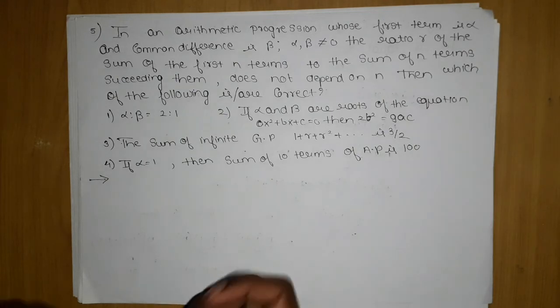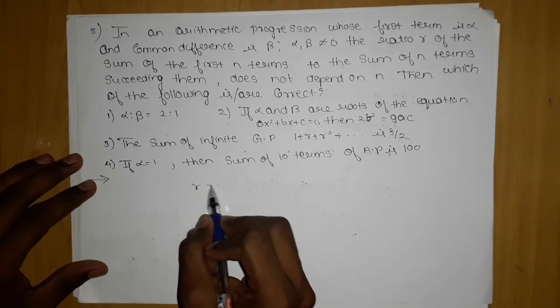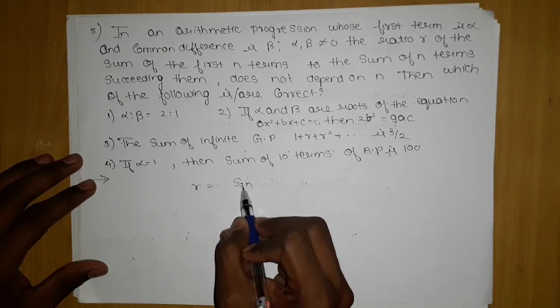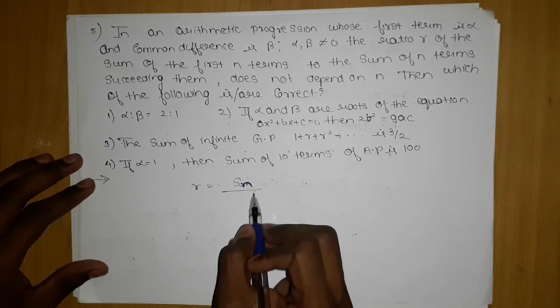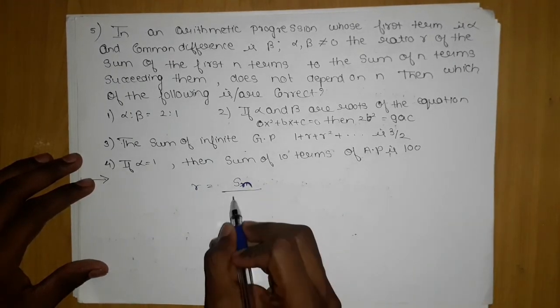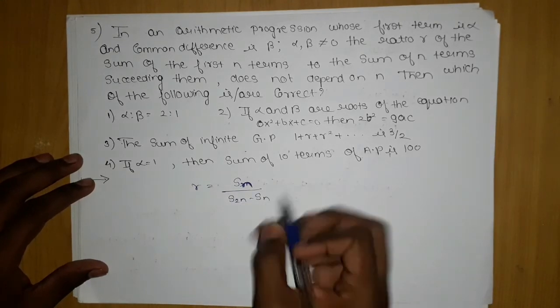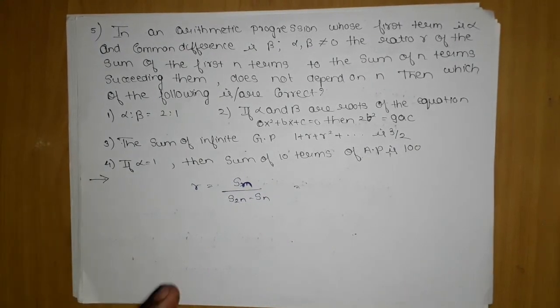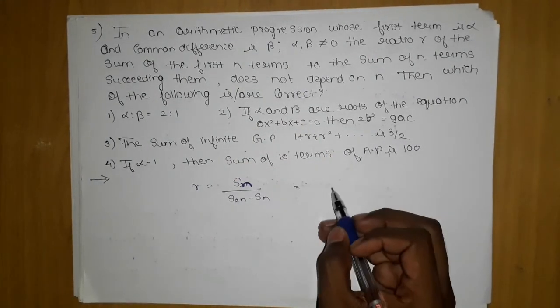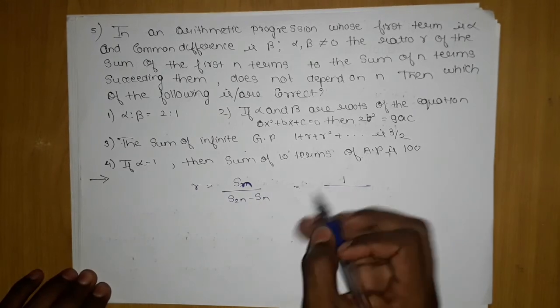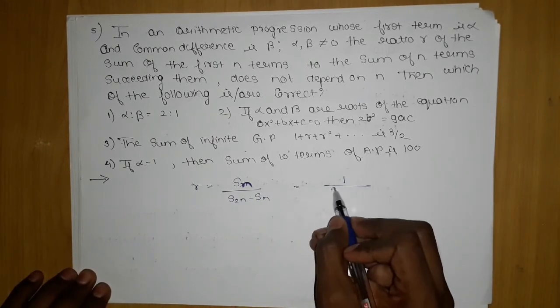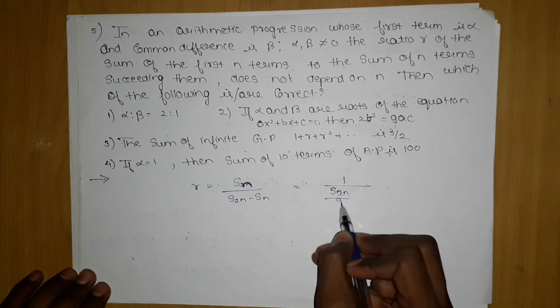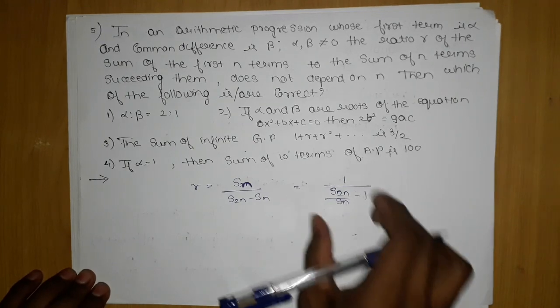So for this, what they are telling is the ratio is the sum of first n terms upon the sum of the next n terms, which is nothing but S2n minus Sn. Now if I open all these, Sn, S2n, Sn, then I have to apply the condition that it is not dependent on n. Instead of applying it to all of them, what should you do to reduce your work? Divide throughout by Sn. So this will become Sn by S2n by Sn minus 1. All the Sn will cancel out.